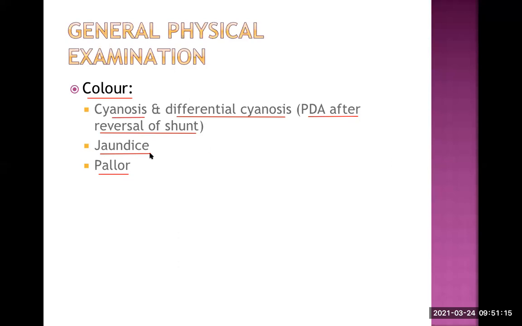Jaundice. Why does jaundice occur in heart failure? What is the cause of jaundice? Sir, may I explain? Yeah, sure. So we have two mechanisms here. The first one: for example, if we have a left to right shunting, there is a sort of backflow, which will cause hepatic venous congestion, and this hepatic venous congestion can lead